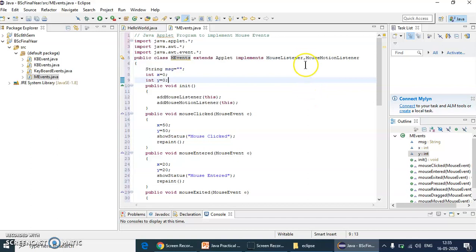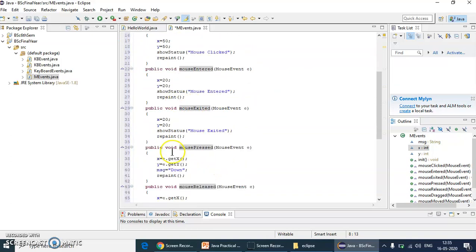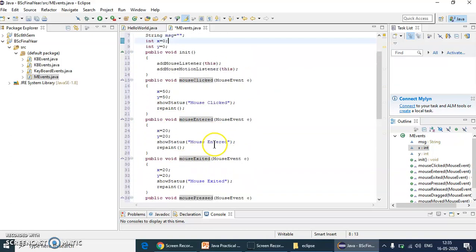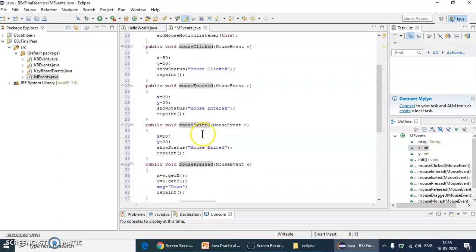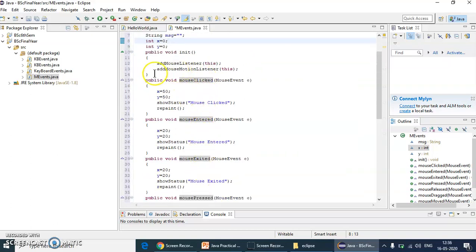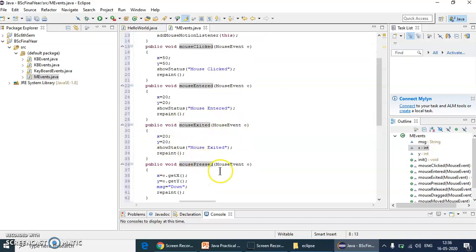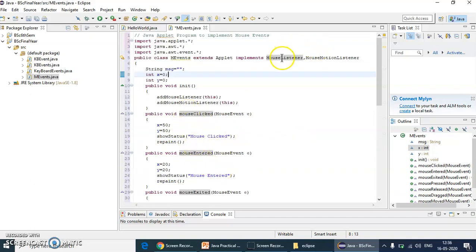They provide a set of methods which are not implemented, only their abstract methods will be declared inside the interfaces. So select this MouseListener and observe mouseClicked, mouseEntered, mouseExited, mousePressed and mouseReleased are automatically selected. That is, these are all the methods inside MouseListener.